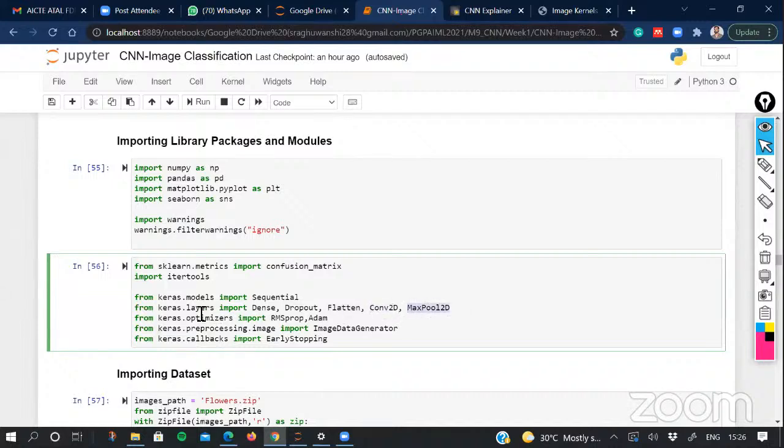So these are the different kinds of layers that we want to use. Then we know that every time you use a deep learning network, you need an optimizer to train it. A very popular optimizer that we use is Adam. This has become very popular in recent times. It is an extension of gradient descent, where you use adaptive learning rate as well as adaptive gradient both.